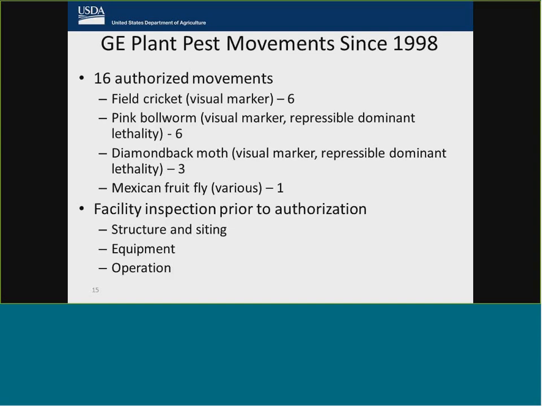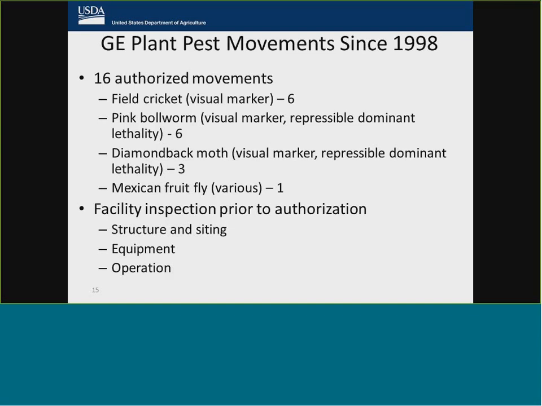You'll see from this that most of them simply contain visual markers or are the repressible dominant lethality systems that cause female lethality.